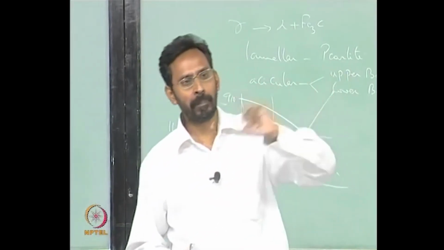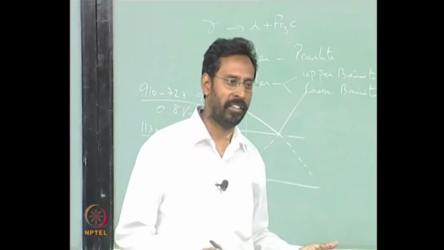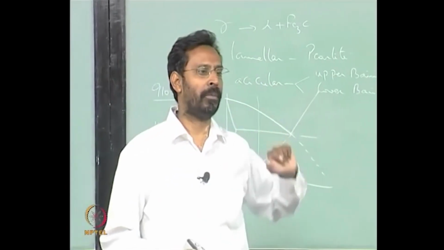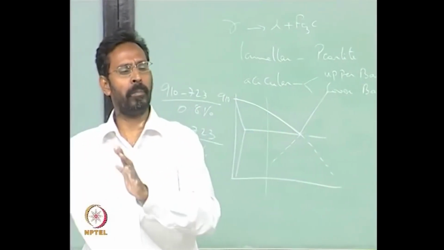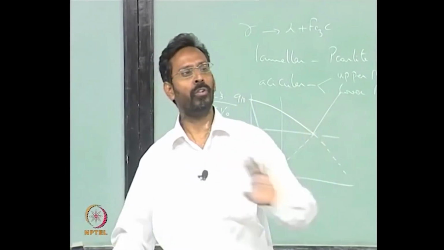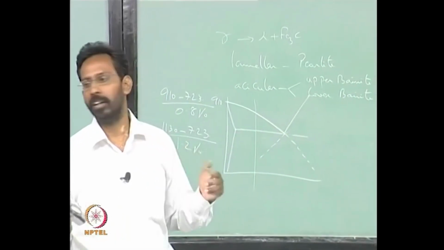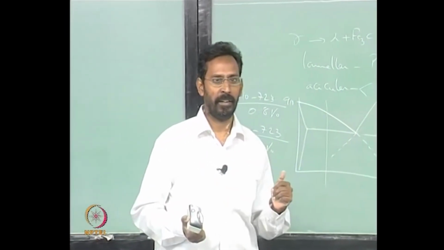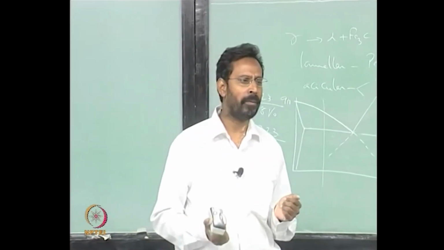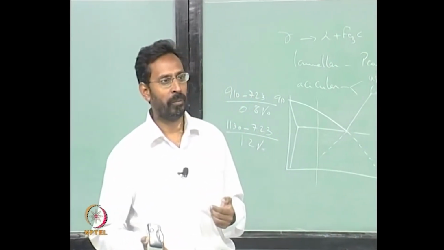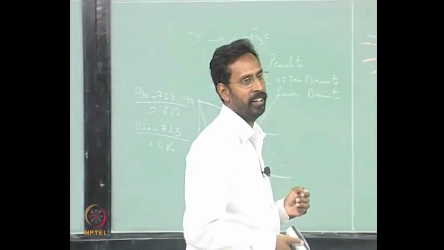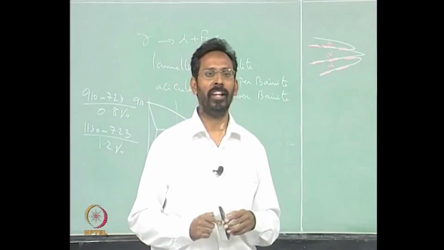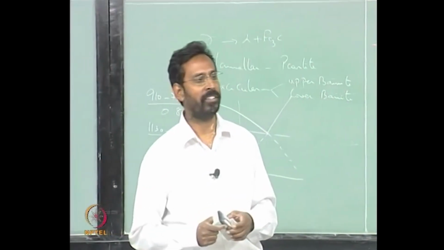Similarly here, if I can suppress the perlite formation, I can get the martensite, isn't it? So in order to get a martensite, you need to suppress perlite formation. So whatever methodologies that you can adopt to somehow suppress the perlite formation is good for you. So one such methodology is increasing the grain size, but there are problems. What are the problems? Grain boundary oxidation, okay, fine. If I am doing my austenizing in a reduced atmosphere, you won't have the problem of oxidation,